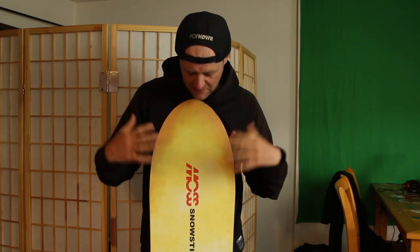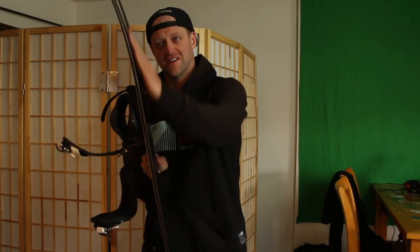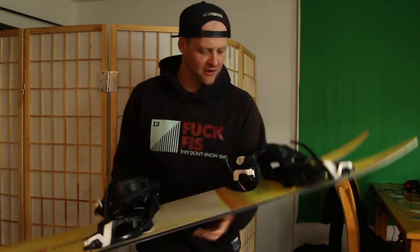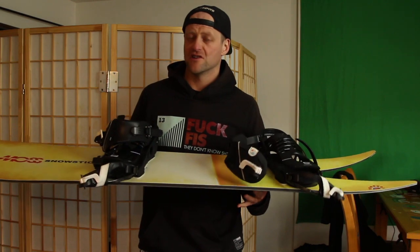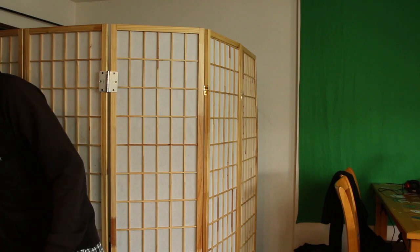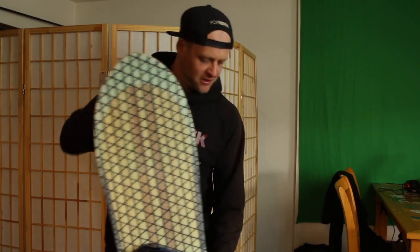So I'm going to ride this Moss Swallowtail, which, as you can see, has a huge upkick to it, and so this will be really good in the POW. It is the NK Free Surf Edition, which should be good for getting on some bank turns, just sort of ripping around, doing some slashes and stuff like that. So I'm going to start the day on that, and then going to Colorado's own Unity with the Whale Swallowtail,